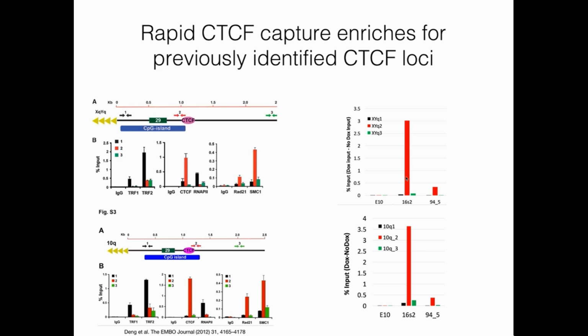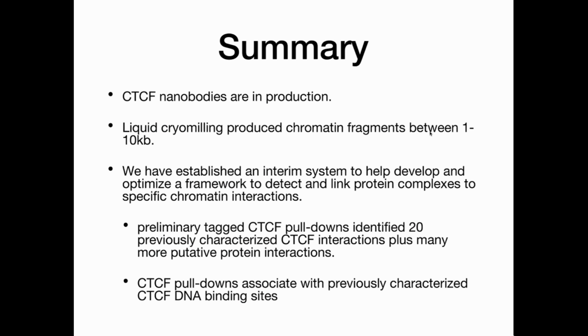So to summarize, we have CTCF nanobodies, which are in production. The liquid cryomilling has produced chromatin fragments between 1 to 10 kb in size. We've established an interim system to develop and optimize this framework to detect and link these protein complexes to these specific chromatin interactions. And so our first run, we pulled 20 different proteins out here, and we were able to pull down CTCF